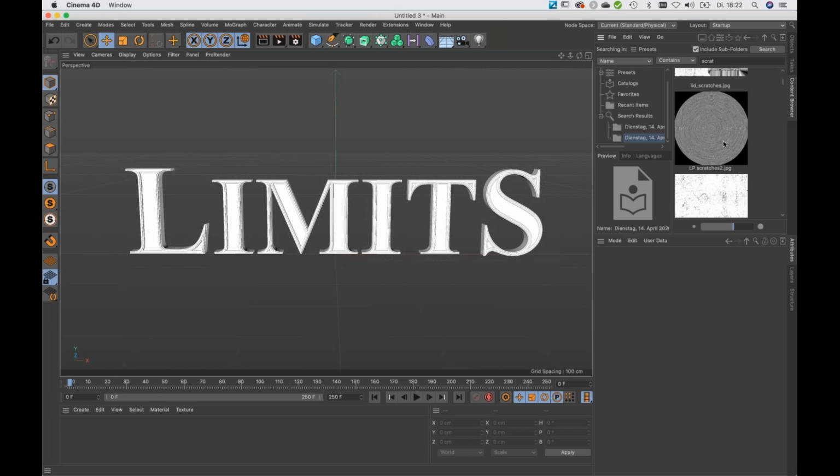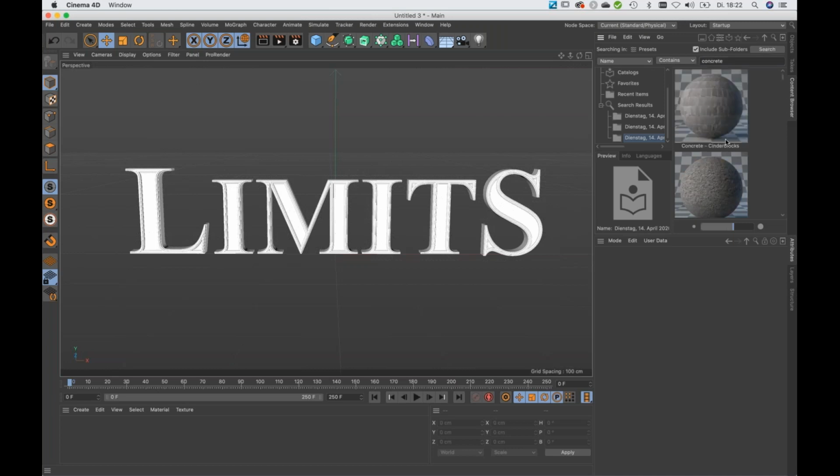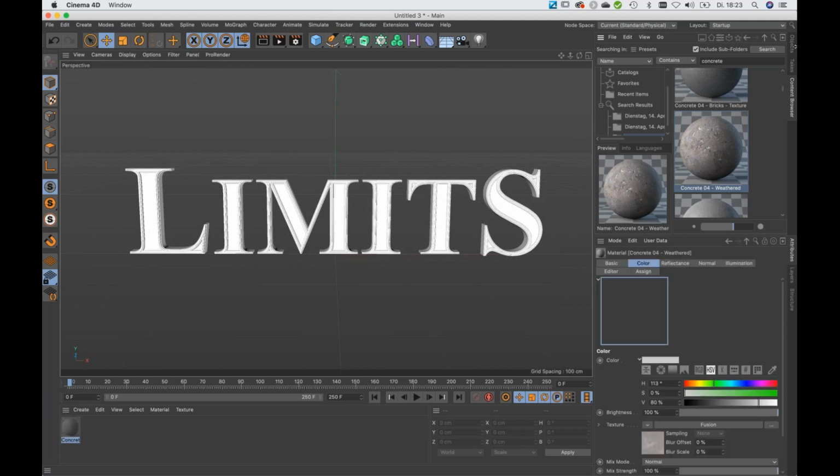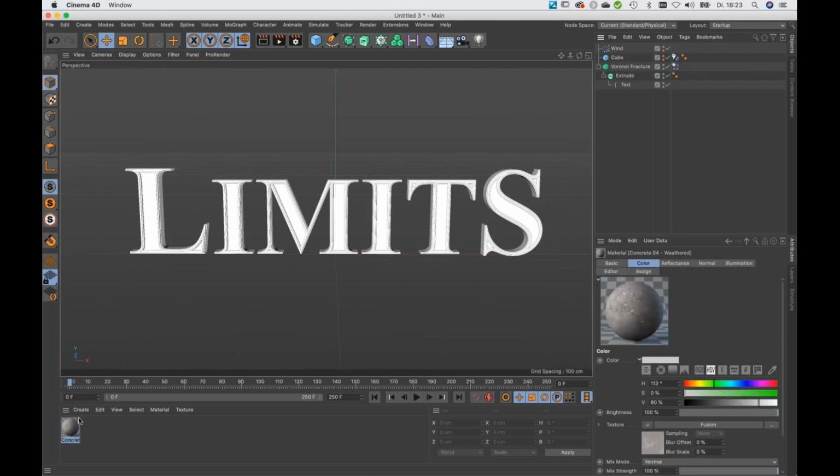So we have everything in there. There are objects in there. There are scenes that you can investigate to see how a certain thing was done. But you can also search for materials and for textures and so on. So I type in concrete because I want a concrete texture. Then I scroll down, and here we have a concrete material. All of these are concrete materials, but this is the one I want to use in my scene. And if I double click that, you can see that the material was added to the material